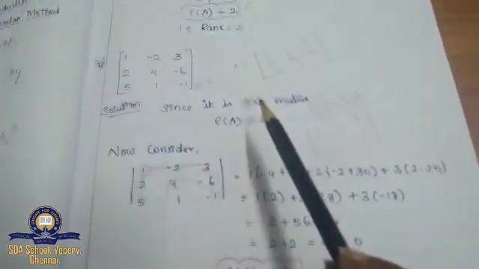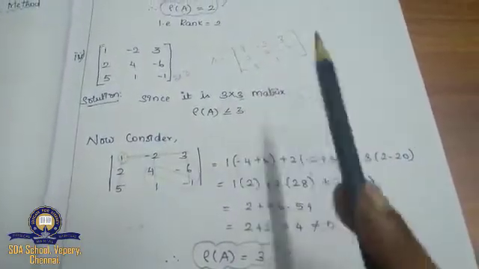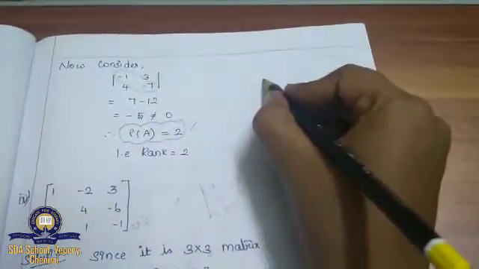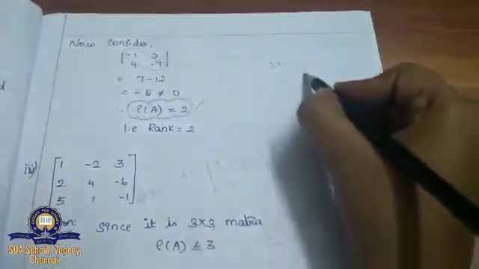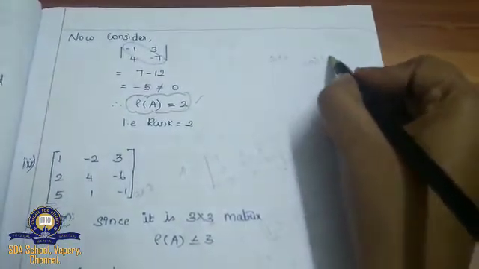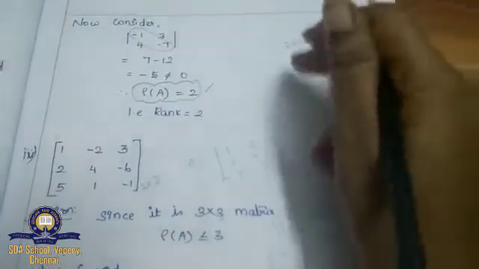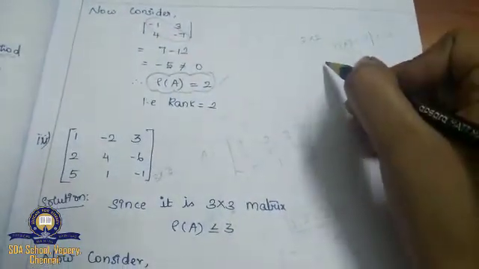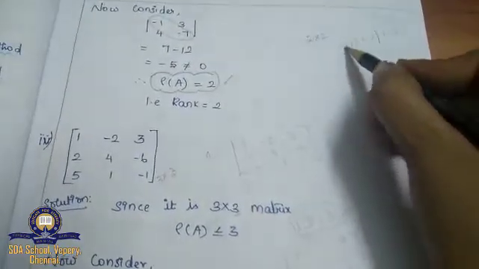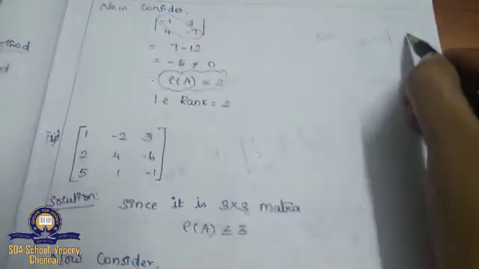So you can do the third and fifth sums on your own. Everything is similar only. So listen carefully. If your matrix is a 2 cross 2 matrix, your rank will be either 1 or 2. Either 1 or 2. Everything is similar only. So 1 or 2. In case of a 3 cross 3 matrix also. So rank of A less than or equal to 2 means your rank will be either 1 or 2.